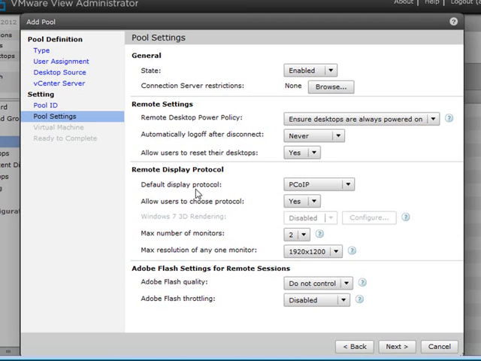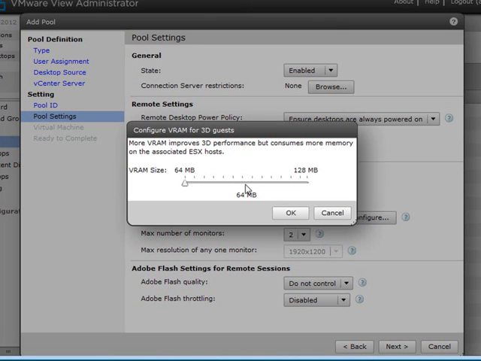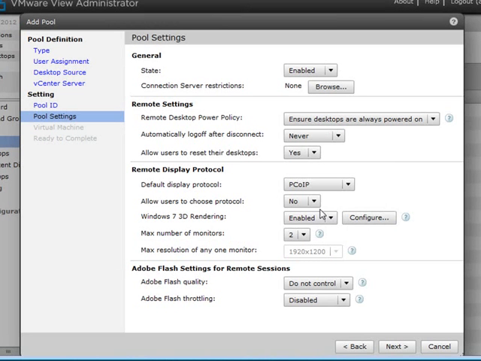Now you'll notice here we have the default display protocol set for PC over IP, and we have allowed the users to be able to change between PC over IP and RDP access. Now you'll notice under here Windows 7 3D rendering, which is currently grayed out. The only way to enable it is to not allow users to choose their protocol and leave PC over IP selected. From that point, then you can enable the process and configure the amount of virtual memory that's needed for the 3D performance extensions. We don't have this as a need for our IT administrators, so we're just going to allow them to choose